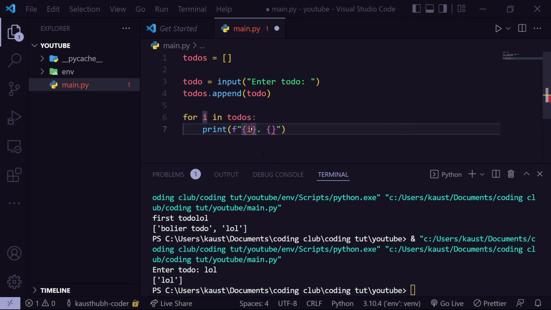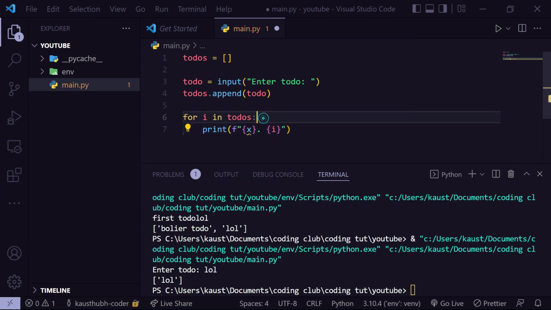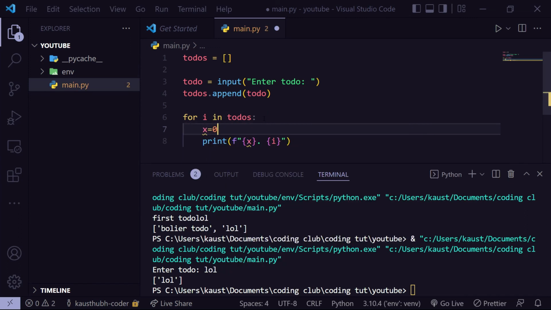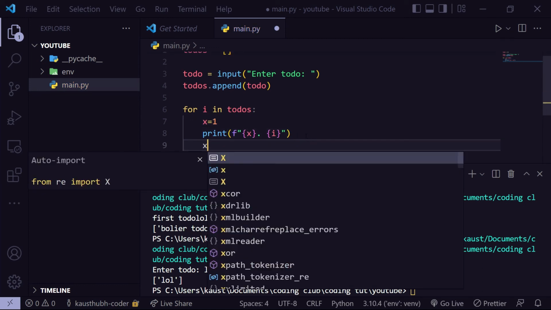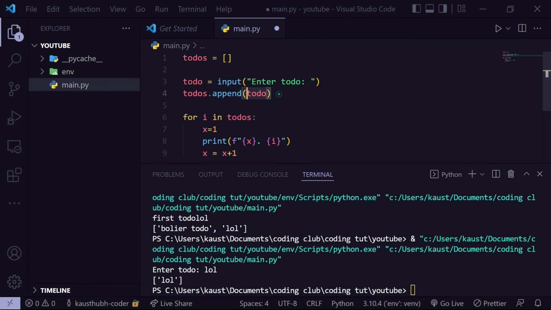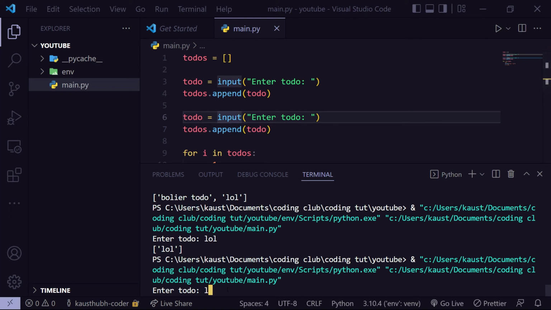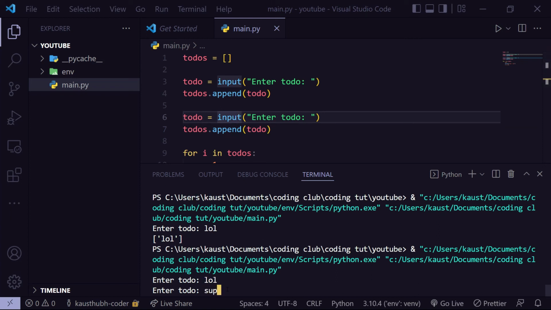Actually no, not i, we're gonna do i here, but here it's going to be x. Now basically we're gonna do x equals 0, x equals 1, and then each time x is gonna be x equals x plus 1. So I'm gonna take this, enter, and we should see enter to-do lol sup, and